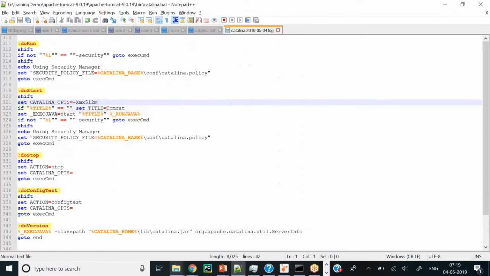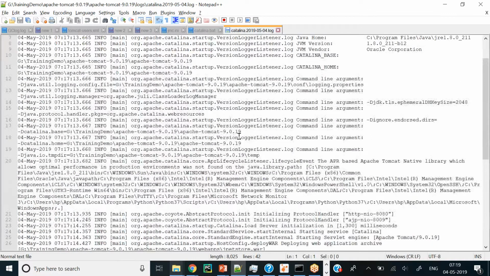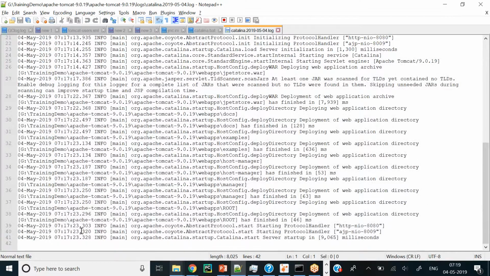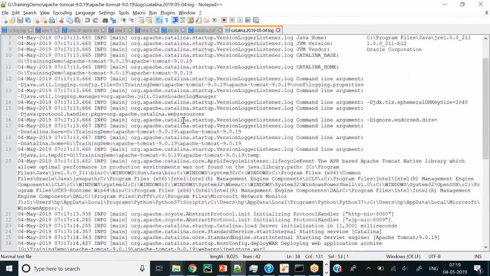If you check this log file, you will be able to understand the exact issue if anything is not going well in the application or the Tomcat instance. You can see the deployment is finished.